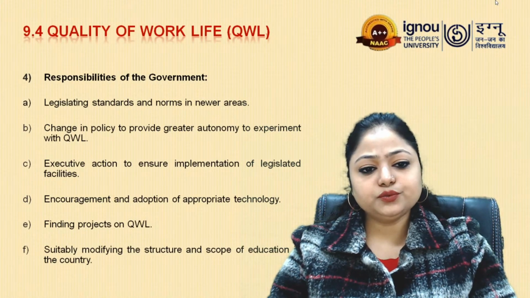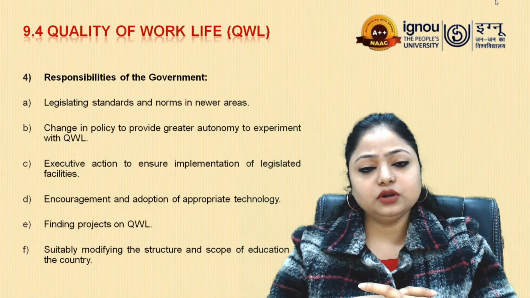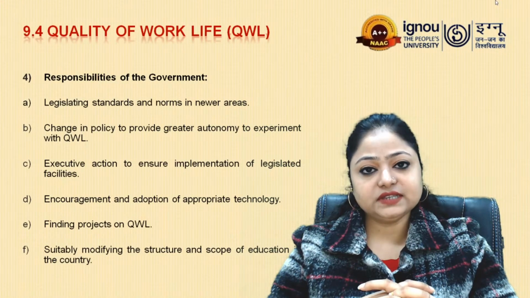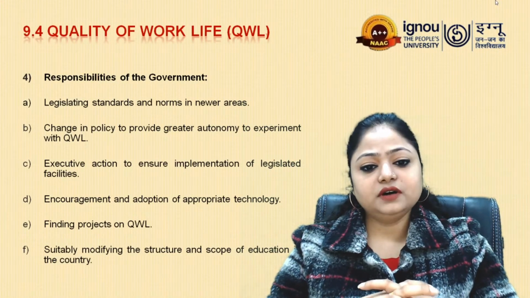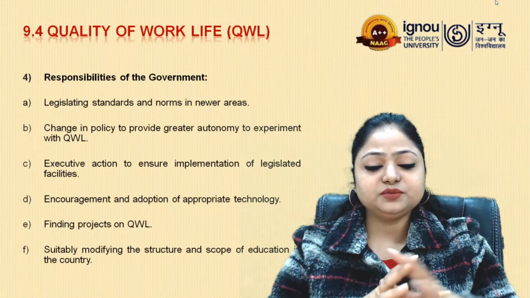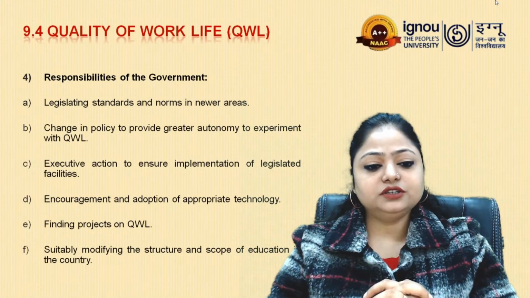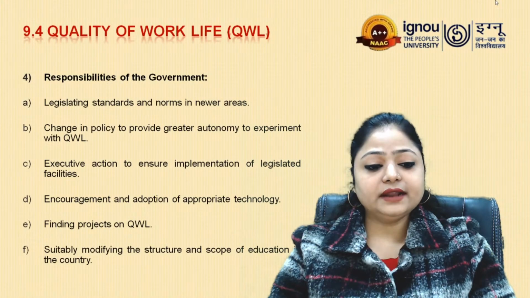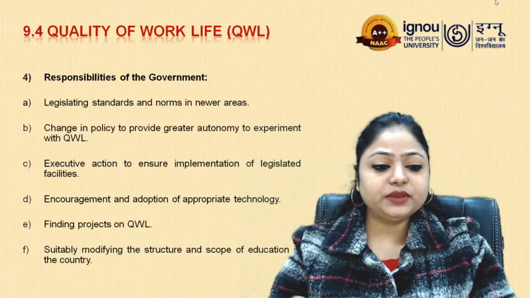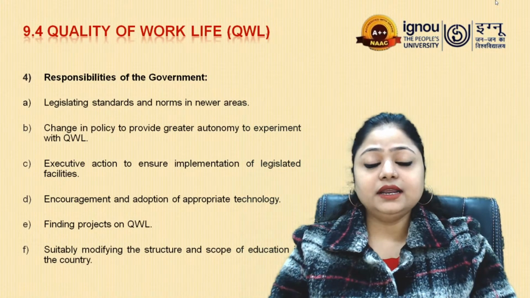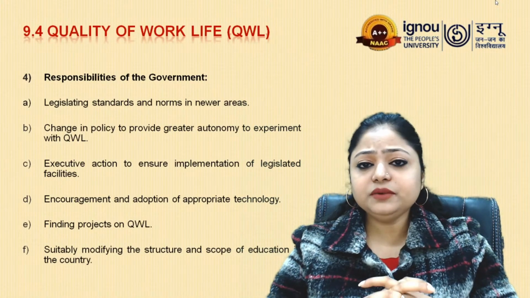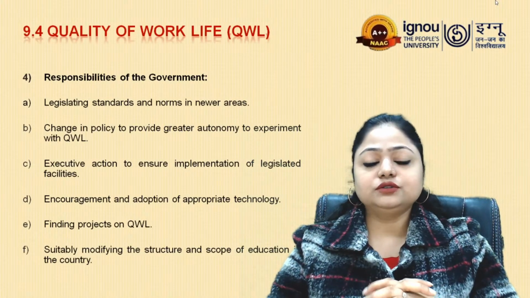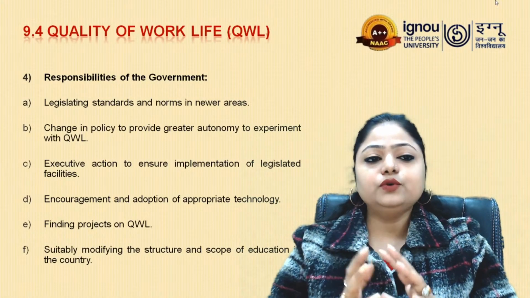Then, change in the policy to provide greater autonomy to experiment with quality of work life. Execution action to ensure implementation of legislated facilities. Encourage and adopt appropriate technology for advancement of the workforce and their quality of work life. Then finding projects on quality of work life and sanctioning them so that studies could be done and suggestions should be given to the organizations that are in dire need, and suitably modifying the structure and scope of education in the country is also a measure that could be taken by the government for an improved quality of work life